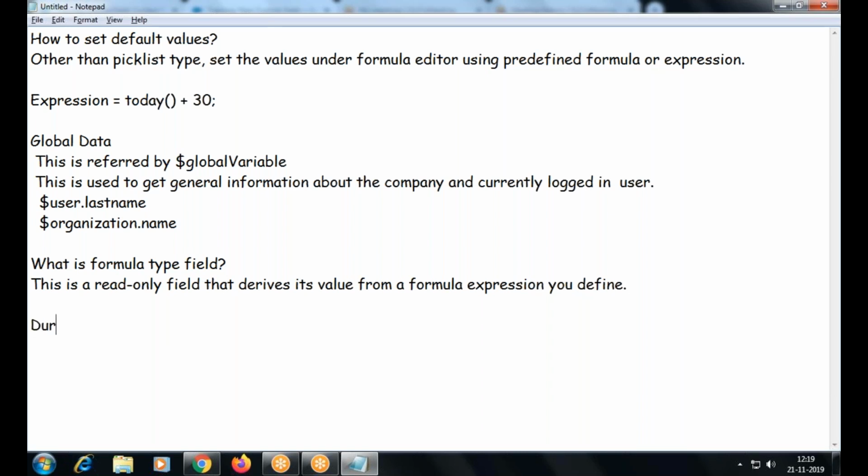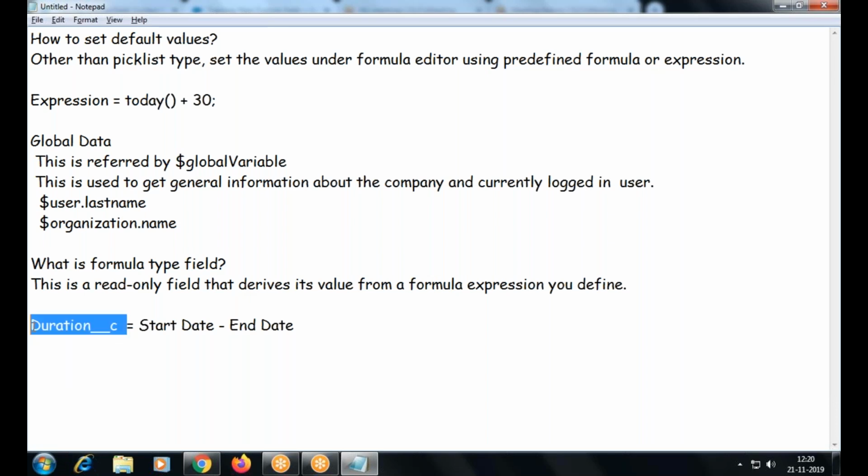For example, I have a duration field. I'm going to create a formula type field, duration. Okay, and duration is going to have the difference between the start date and the end date. This is my duration, right? So I need not give this value manually. How should this be calculated? When you give the value for start date and end date and save the record, the expression will be resolved, calculated, and the final value will be stored in the duration field, right? So which field is a custom formula type here? Duration is a formula type.